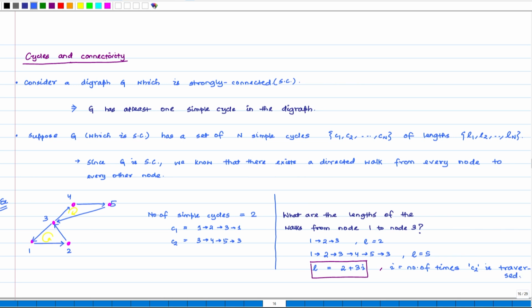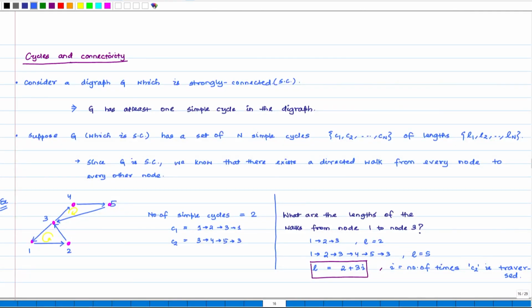Okay, so this is how we can use the cycles to actually generate walks of longer lengths. But let us notice something more here. We observe that the graph is actually strongly connected, and we can generate walks which are quite long, stretching up to infinity, say. But can we actually generate walks of arbitrary lengths?